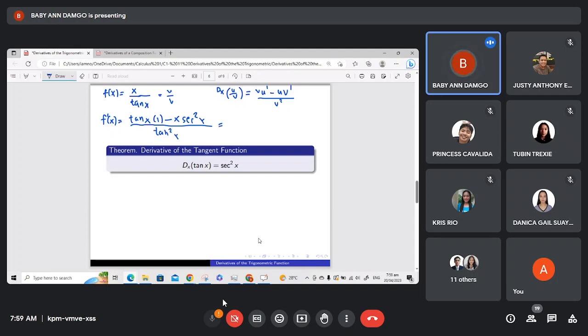So, this is equal to tan x minus x secant squared x all over tangent squared x. So, this is the final answer. So, another